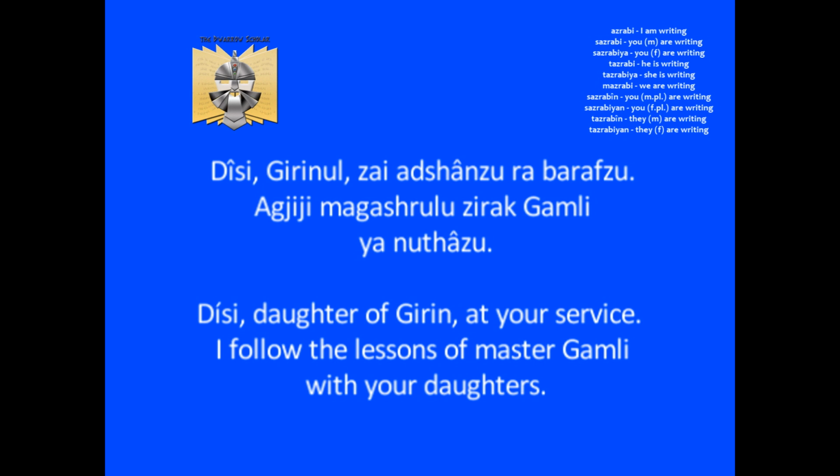You might remember that Gamli is calling Disi a natuna or maiden in the first lesson. The word nuta is related to these radicals, as you can see, and it means daughters. So the singular being nata. We add zu to indicate the singular masculine form of "your," making it "your daughters." The conjugated verb we see here, meaning I follow, is another I-type imperfect. Gjij being the base of the verb, we add a as prefix and e as suffix, and we are good to go to form "I follow," being agjiji.